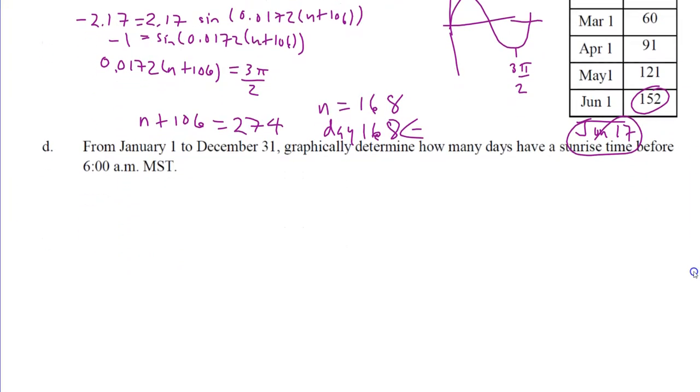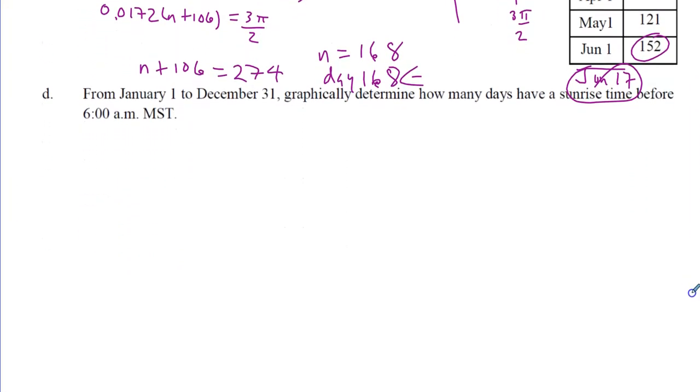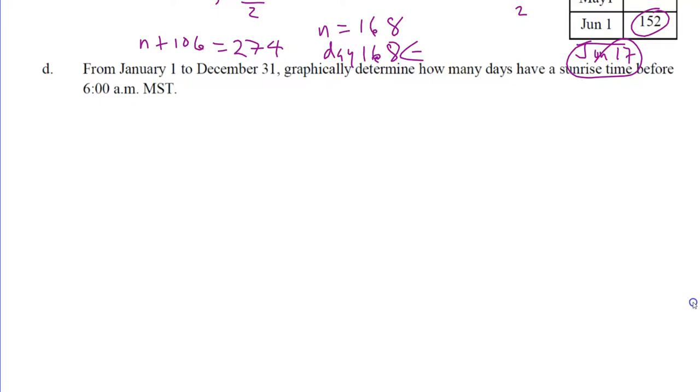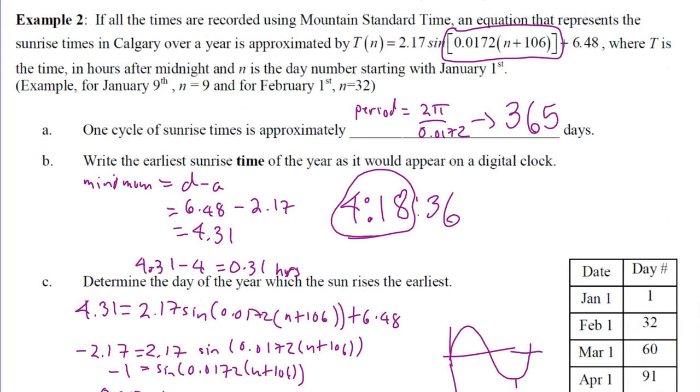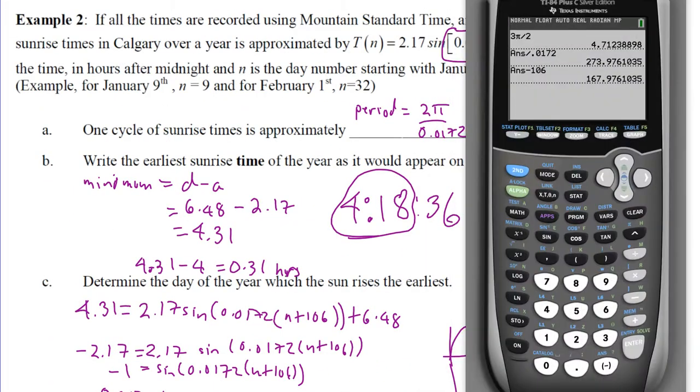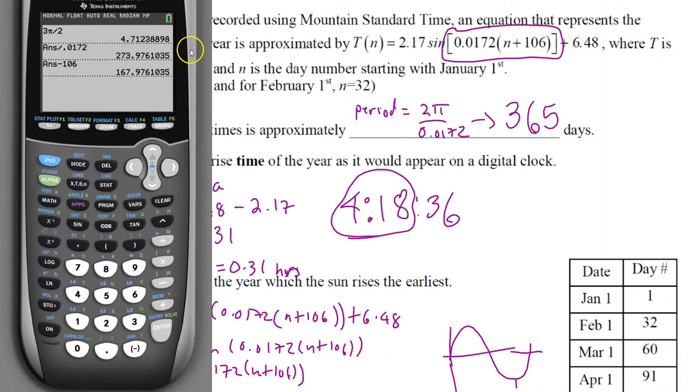From January 1st to December 31st, graphically determine how many days have a sunrise time before 6 a.m. Okay, so I'm going to need to see the equation. Put that over there. So we're going to go to y equals. We're going to put in the equation 2.17